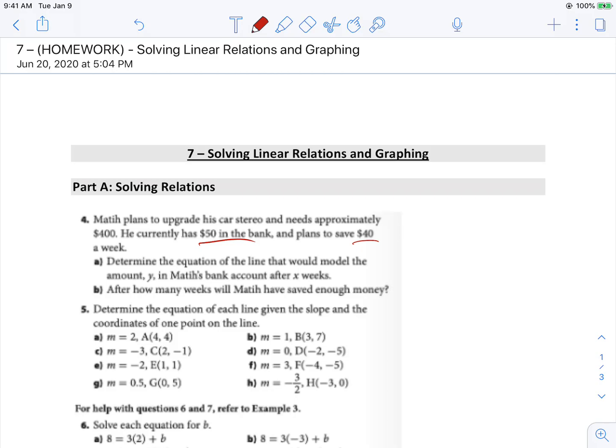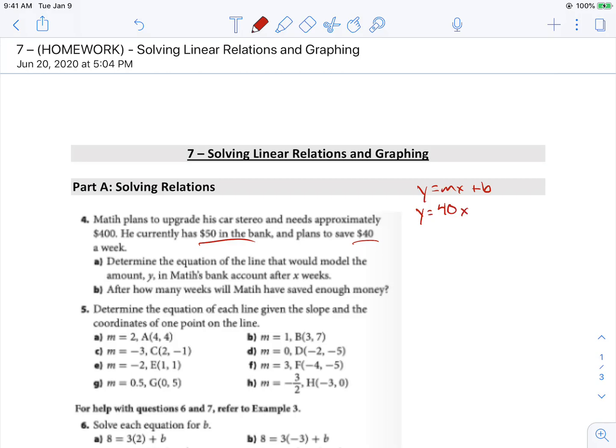So we've got to figure out, okay, what's the equation we can develop in order to get to this $400. We always want to set it up in the format y equals mx plus b. So for this, what is our rate of change? Well, we're trying to save $40 a week, so our money is going to change at a rate of $40 a week. That is our slope. That is our m. That is our rate. So when we make our formula, we can say y equals 40x